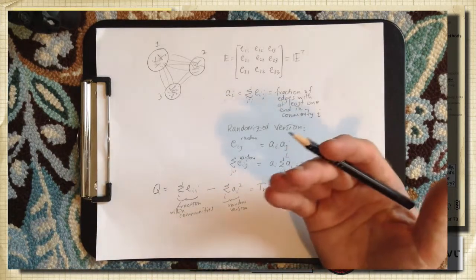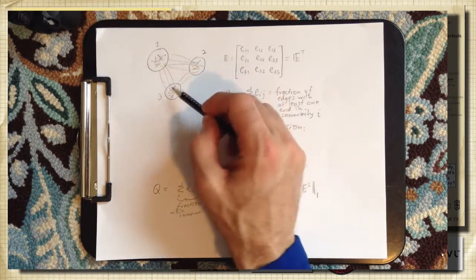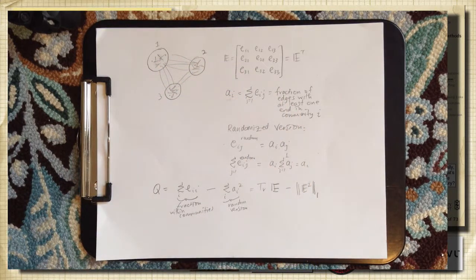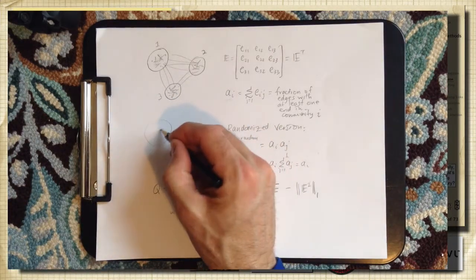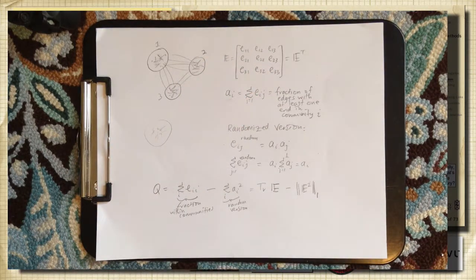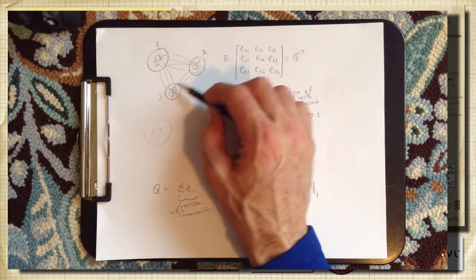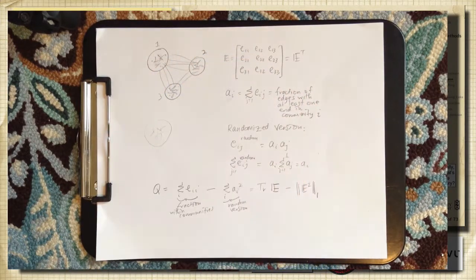One thing we can then ask is, what's the fraction of edges that are completely within communities? That by itself is not enough. We could just put a big circle around the whole network, and then all of the edges are within the community, which would get a 1 if we just measured that. So we want to subtract off what we'd find if we randomized the system. We're going to keep the same groupings, so the same number of edges are related to communities 1, 2, and 3. We're just going to randomly rewire them.